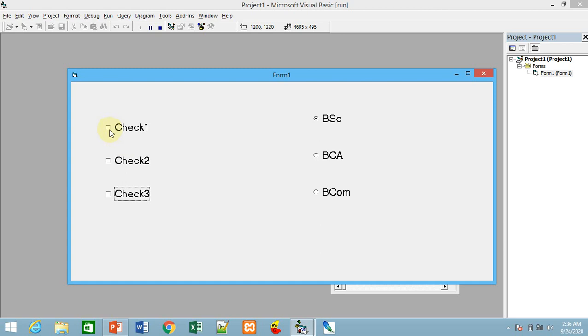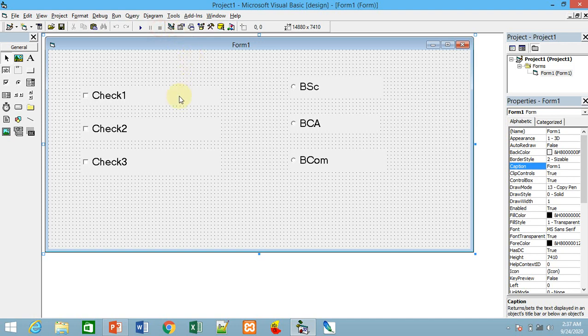Once again you click, it is deselected. But in a checkbox group, you can select all the checkboxes, or any number of checkboxes, or you may select none. So in a user interface, the user can select one or more options, or none.